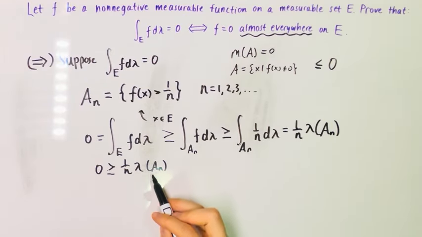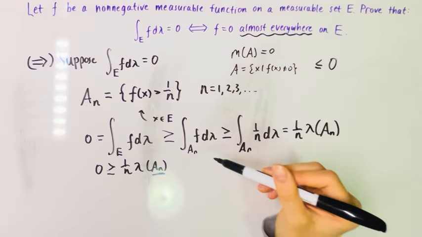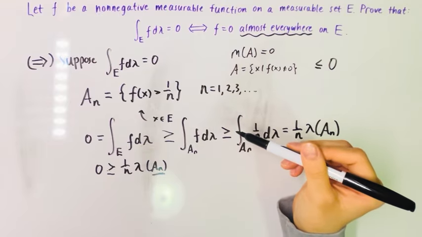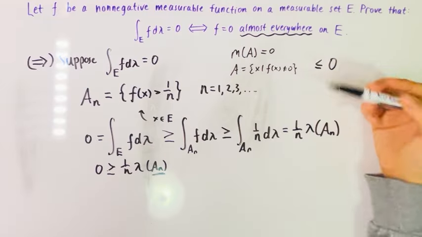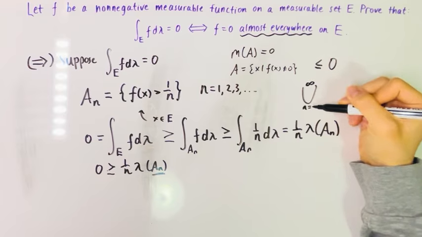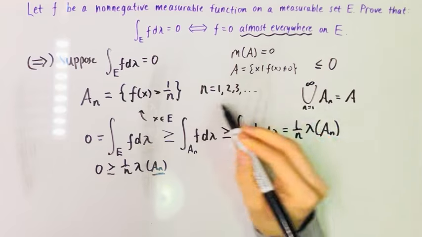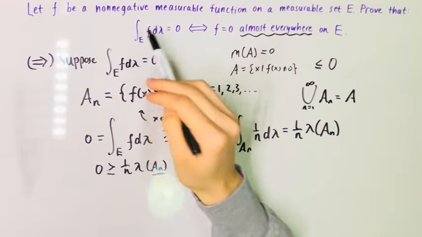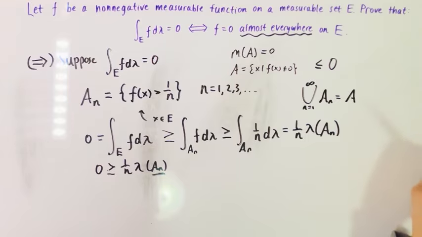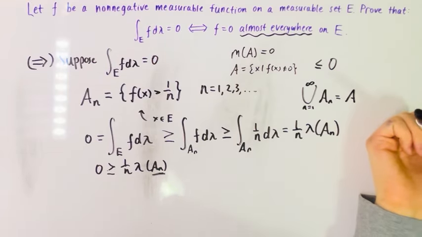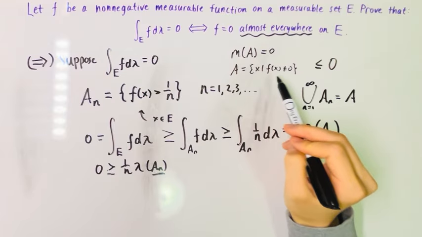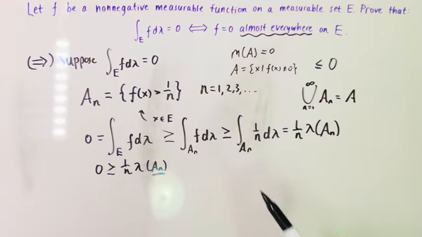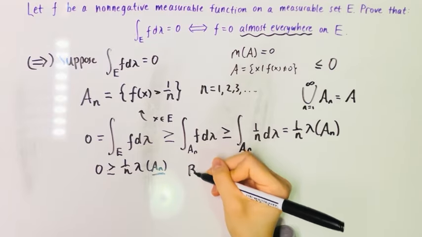Okay, so we see that the union of all of these A sub n is actually going to be A. And why is that? Well, you can see that as n approaches infinity, 1 over n will approach 0. And f is already non-negative, so the union is basically going to be all the places where f is not 0, aka positive. Okay, so now that we have that, we know that by countable subadditivity,